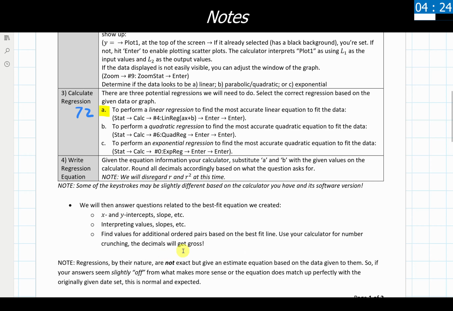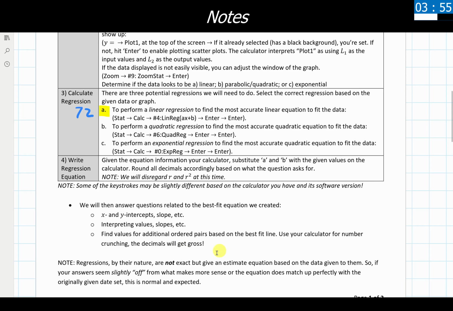They get terrible, very painful with a lot of these. So once you have that equation made for yourself, there's any number of things you could do with it. And to try and keep this video going for less than 3, 4, 5 hours long, we are not going to touch on what we could do with those best fit equations. Those are things that we've covered in previous videos and we just use a calculator for because of the decimals.